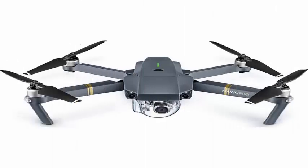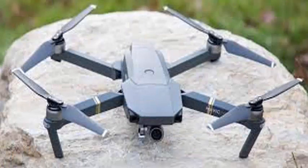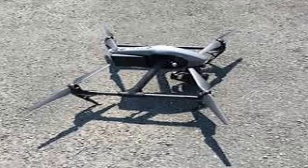DJI has a new version of the Mavic Pro on the way, and thanks to an incorrectly published ad, the company has confirmed some of the features and characteristics of the drone before its official release. The big change with the new Mavic 2 Pro is that users can exchange lenses on the drone with the 2x optical zoom version, a setup that DJI is calling Mavic 2 Zoom that can shoot up to 28mm and